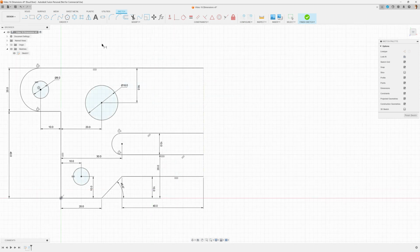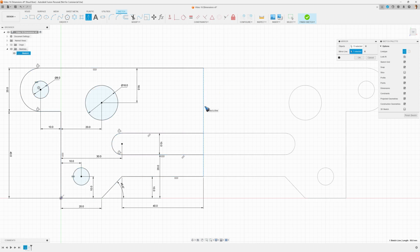For that, of course, we are clicking on the mirror command. Then I double click on all the lines, or single click. Oh, and hold shift. Do I have to hold shift? No, I don't even have to hold shift because I first clicked that mirror command. This is all that I want to mirror. The next thing to do is select the mirror line, which is this one, and then hit OK,